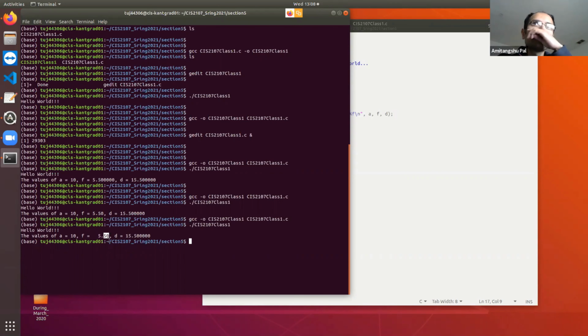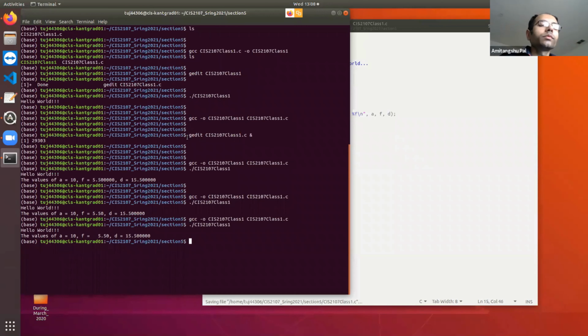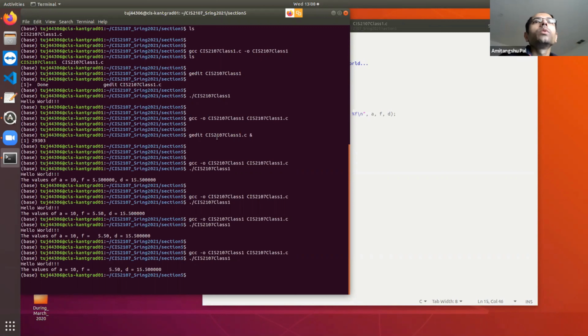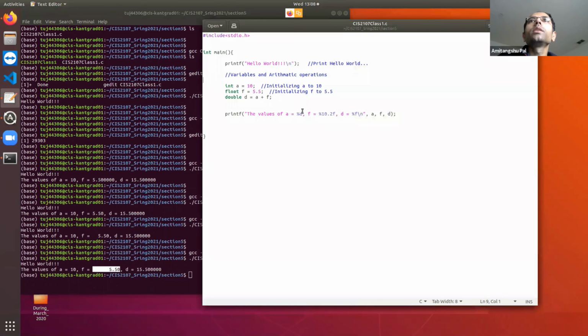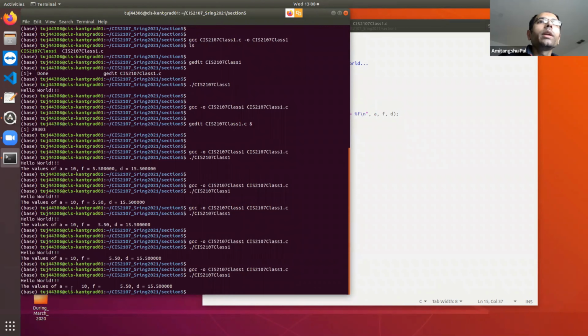Clear? If you write %10.2f, the space is going to increase because it takes a total of 10 digits of space, including 2 digits after the decimal. Okay. And you can do this for an integer also. So for an integer, if you do this with a equal to 10, that means it takes a total of 6 digits, but for 10 you do not need 6 digits, so there are a number of empty spaces ahead of 10.